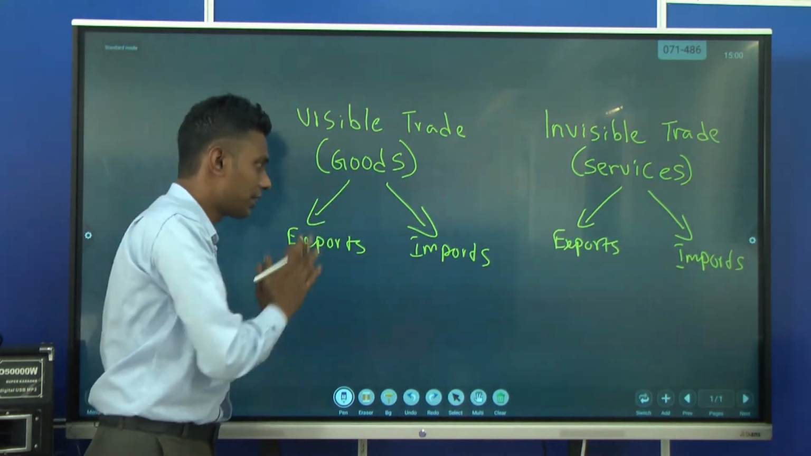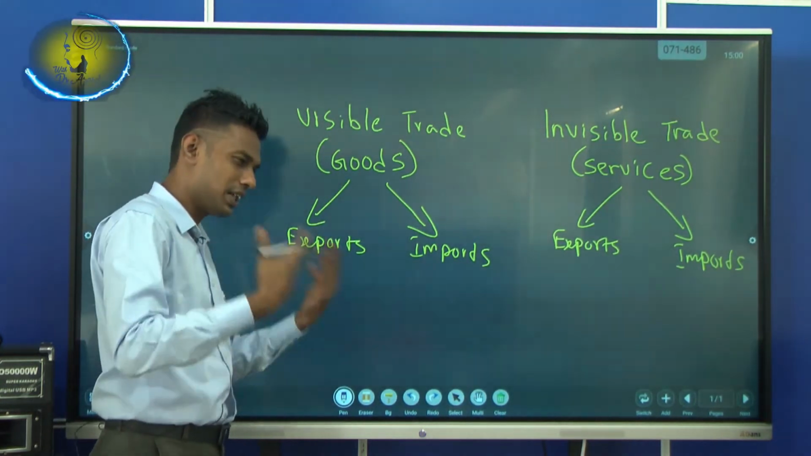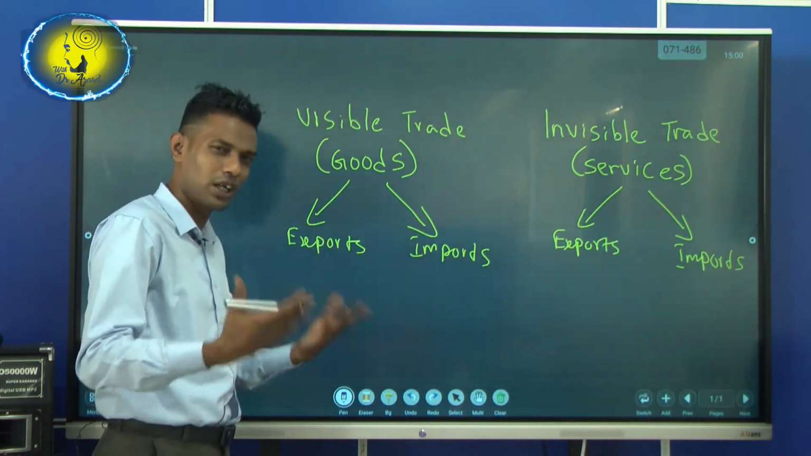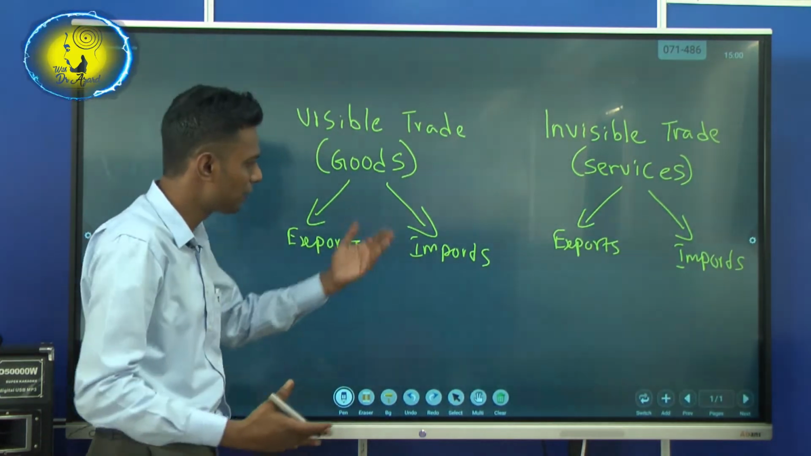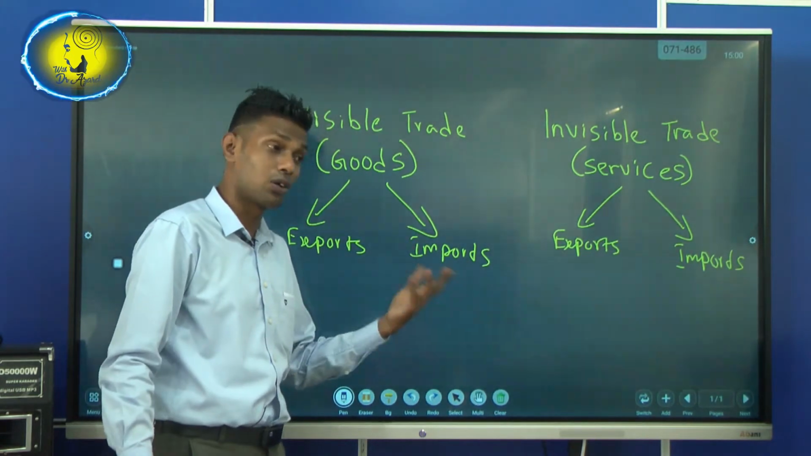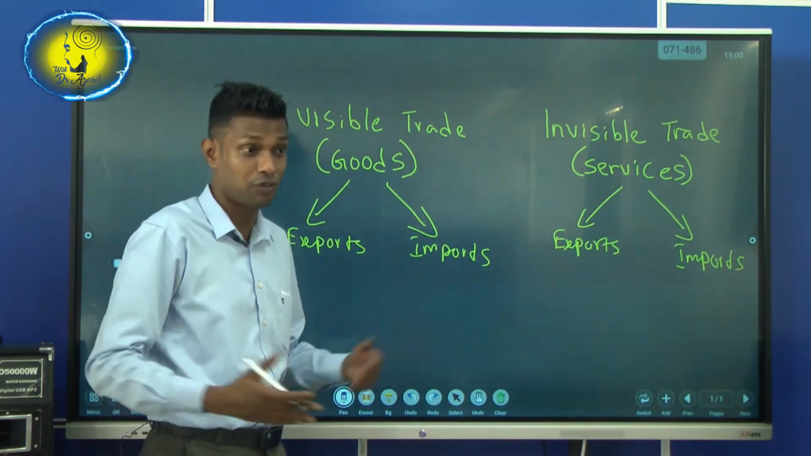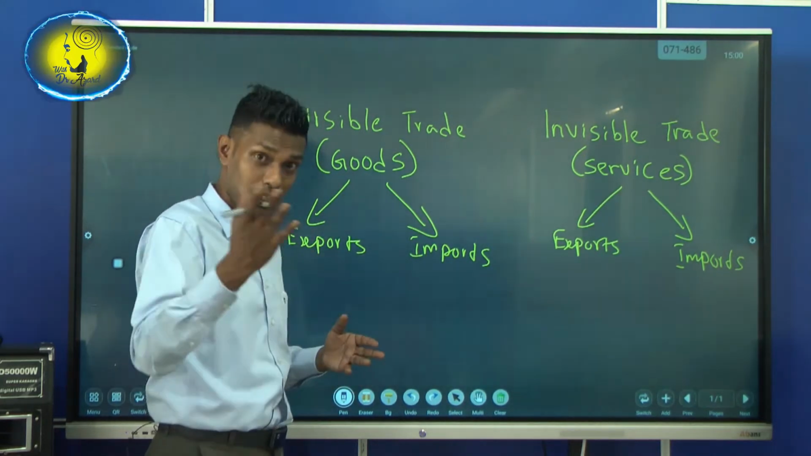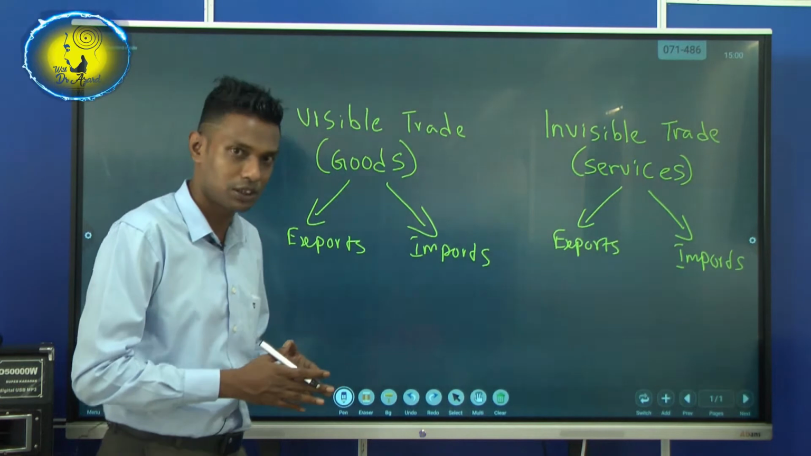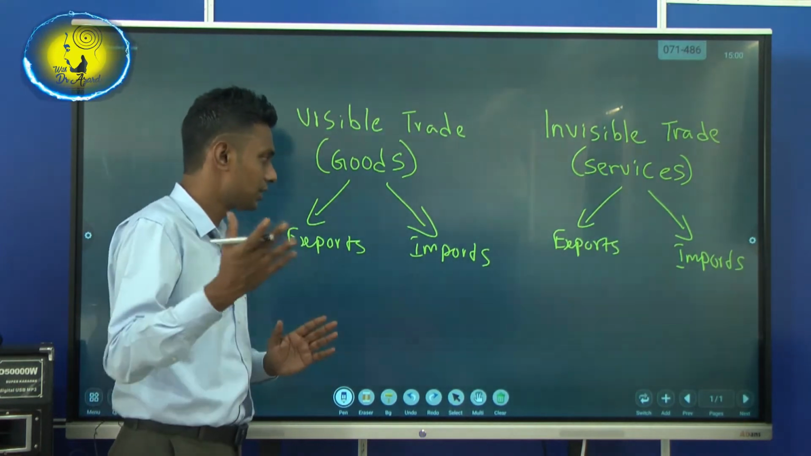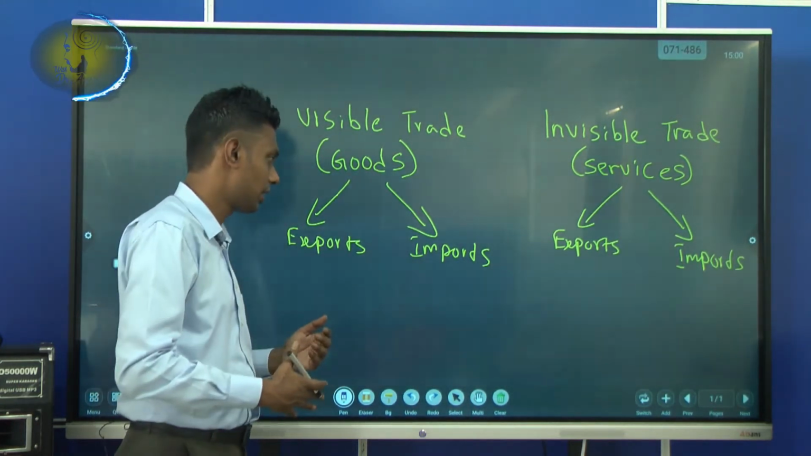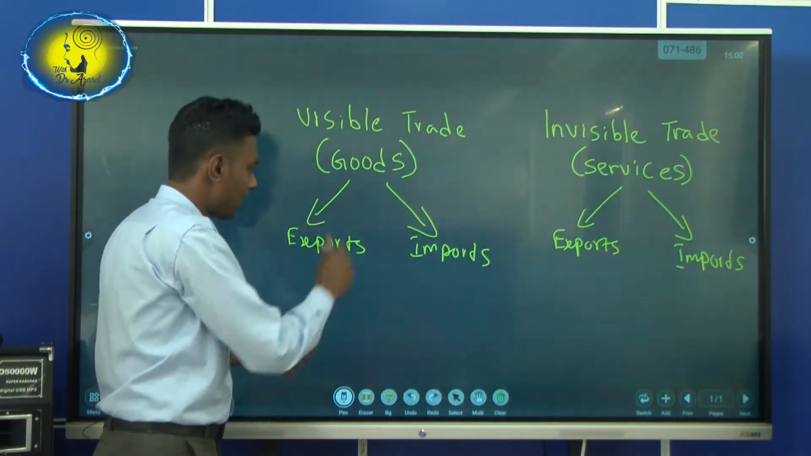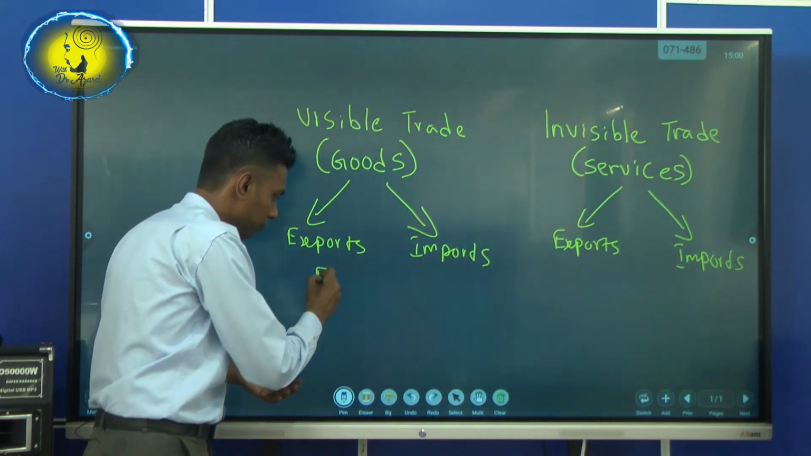So visible trade, we are familiar. We send our tea, rice, wheat, and coconut. Those things are exported, and we import various types of cars from Japan, the USA, the UK, and Germany, especially Bavarian Motor Works, BMW, and Mercedes. Those are imported to the country. Those are goods. The balance of